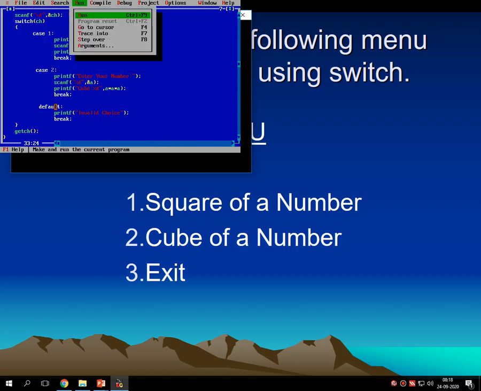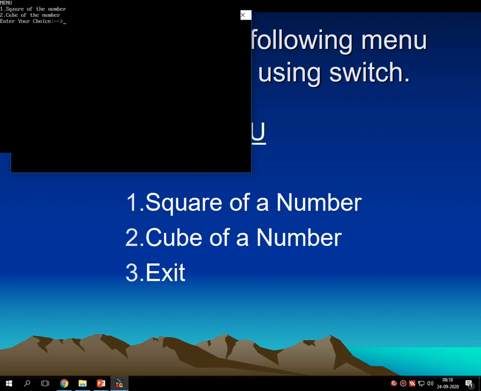Then I am running the code, which displays a menu where option number 1 is for square of the number and option number 2 is the cube of the number. So here I am selecting option number 1. Case number 1 has been selected by the switch statement as per the logic, and inside case number 1 I have written the two logical lines, printf enter your number and scanf %d and &a, which reads the one number. Suppose I am entering 2, then it prints the square of number is 4. So this is correct for part number 1.